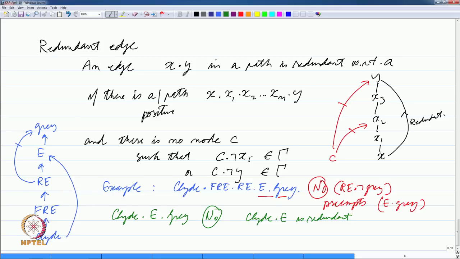So, there are these two examples, the straight one which says Clyde to fat Royal elephant to Royal elephant to gray, that is not admissible because the topmost edge which says elephants are gray is preempted by Royal elephants are not gray, which is on the path. The path which goes via Clyde to elephant to gray is not admissible, and the third path that remains, which is Clyde to fat Royal elephant to Royal elephant to not gray, is admissible